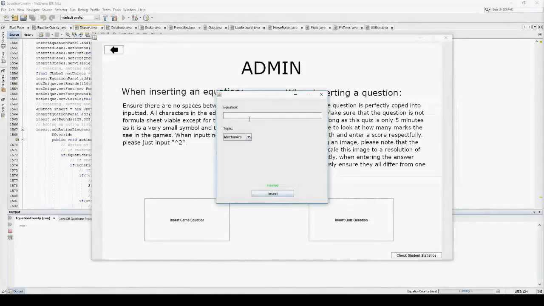Now moving on to test 11, where the user enters a suitable equation, selects a topic and clicks insert, and the correct equation should be file written into the correct topic file with this message saying inserted should either appear or remain, and the formula being inserted should be correctly formatted once written into the file. Now if we just test this with an equation that looks like it could be an equation but isn't actually any equation stored, such as this, if we insert this into each topic file,